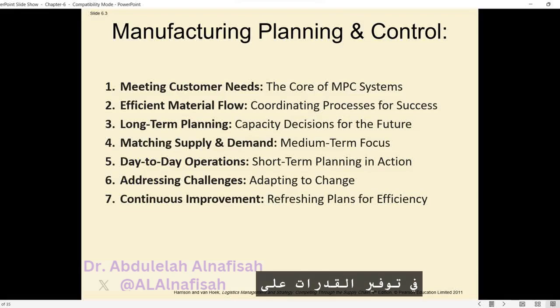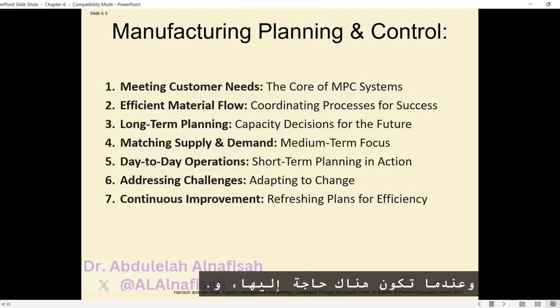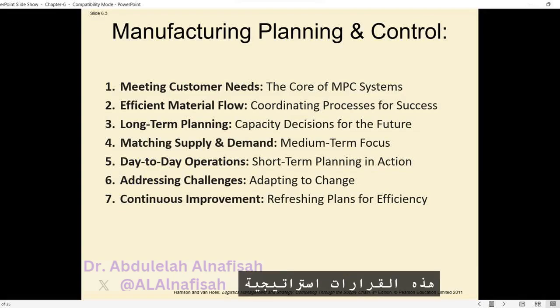In the long term, capacity provision decisions are made to determine how much capacity is needed, when it is needed, and what type of capacity is required. These decisions are strategic and can span up to 20 years, including planning new model ranges, outlining volumes, and considering internal and supplier capacities. In the medium term, supply and demand are matched in more detail over the next 12